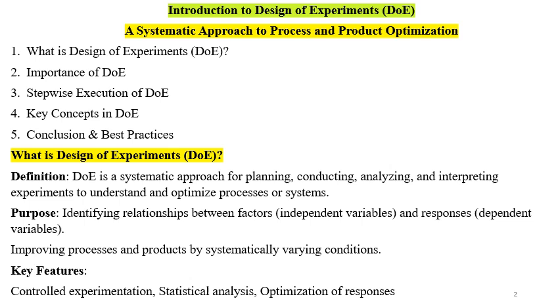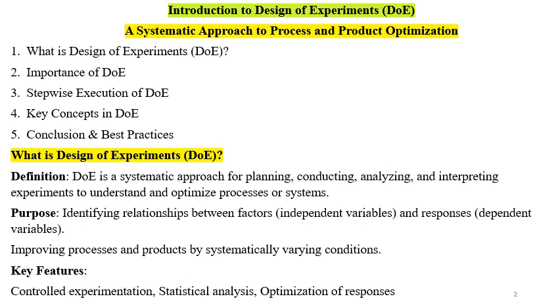What is design of experiment or DOE? If this question is asked to you, then you should give the definition of DOE. DOE is a systematic approach for planning, conducting, analyzing, and interpreting the experiments to understand and optimize the processes or systems. See, in the research work, you have to perform different experiments to make something happen or to understand some processes, to optimize some parameters or to optimize the level of certain variables